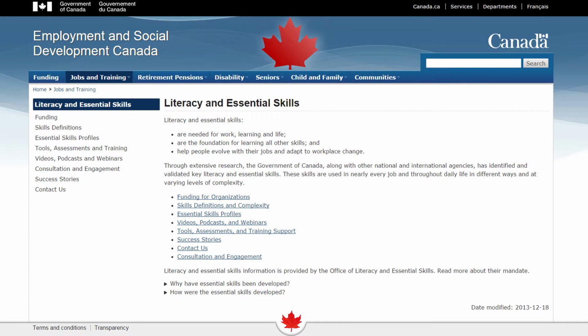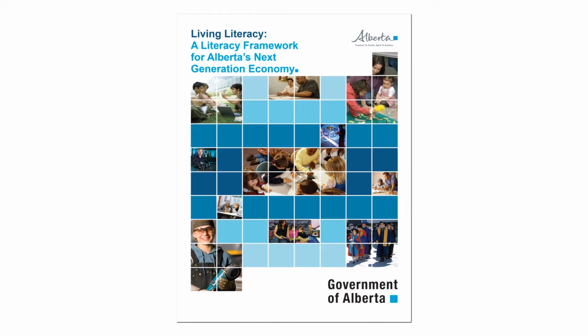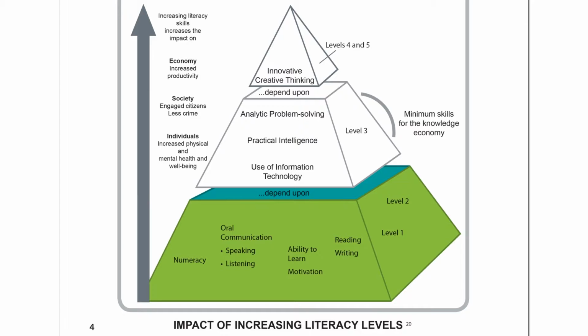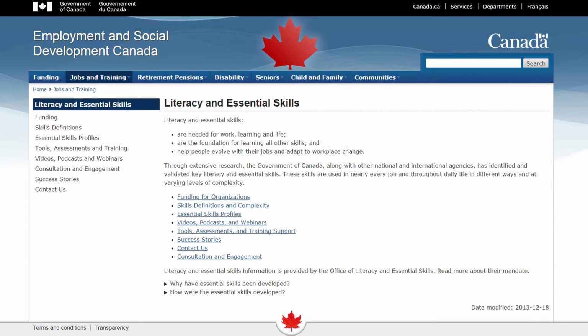Write Forward is aligned with Employment and Social Development Canada, also known as ESDC, Literacy and Essential Skills Framework, and is based upon adult learning principles and current writing theory about teaching writing to adult literacy learners. Write Forward is aligned with Level 1 and 2 of ESDC's Literacy and Essential Skills Framework because these are the levels most commonly associated with adult literacy classes. Write Forward also uses the ESDC contexts for its exercises: home, community, and work. Have a look at the ESDC website to find out more about essential skills.